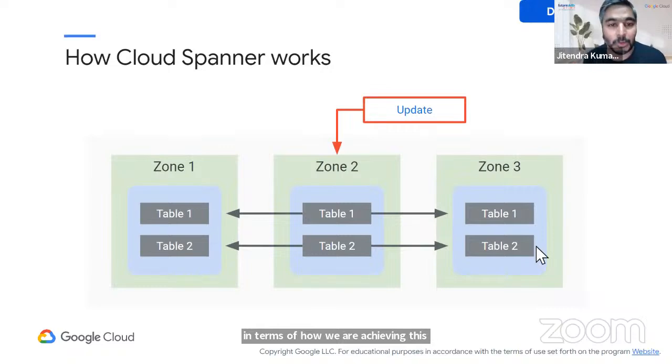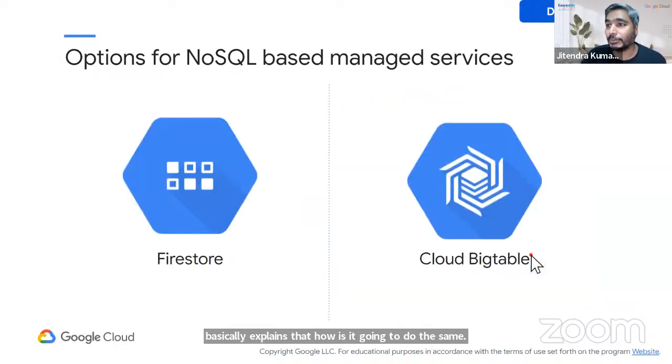So if you go how reads and writes happen in Cloud Spanner, right? The first 5 entries in your Google search, you will find Paxos algorithm, right? And then you will realize that, okay, that white paper basically explains how it is going to do the same. Okay, so this is something that you could take as homework for you to learn how a distributed relational database is achieving strong consistency, right? Something which is unheard of.